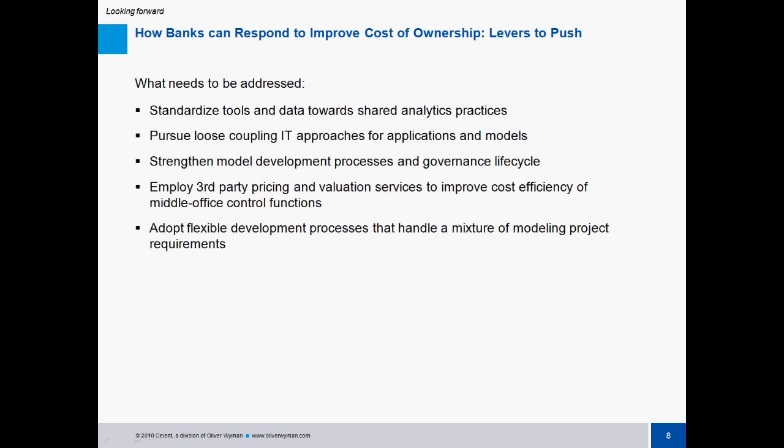For instance, portfolio optimization and pricing analytics, which are used for deal and investment decision making, may have varying levels of complexity and criticality compared to, let's say, backtesting models. By delineating distinct development paths and approaches, institutions can deliver to business requirements more effectively as a whole. Now, with the rest of the points on this slide, I will just refer you to the report where these insights are covered in more detail.